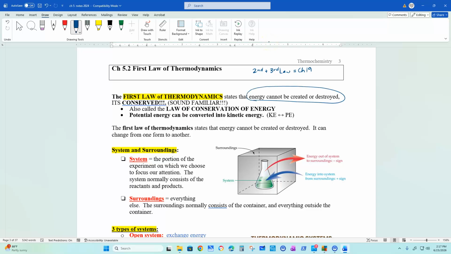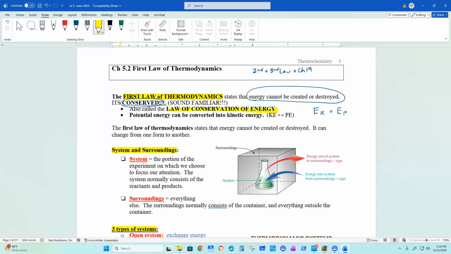The first law of thermodynamics is that energy cannot be created nor destroyed. Well, if you can't create it or destroy it, then what do you do? You convert it, you conserve it, you rearrange it, you do whatever you want to it, but whatever you have in the beginning has to equal in the end. So we like to call that the energy of the reactants has to equal the energy of the products. So whatever you started with, you got to have the energy in the end.